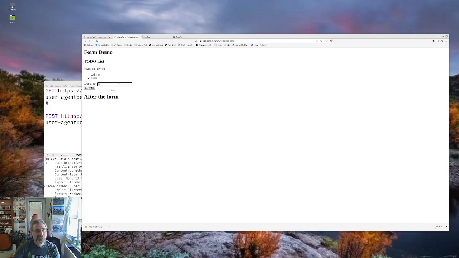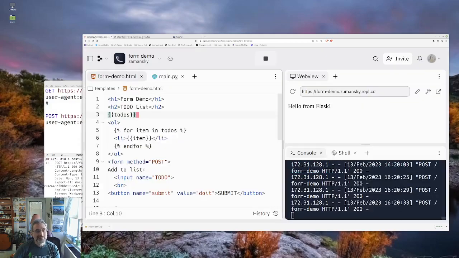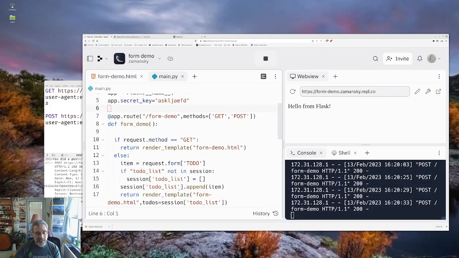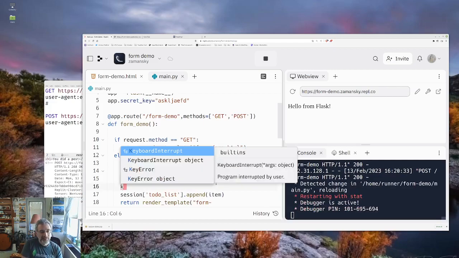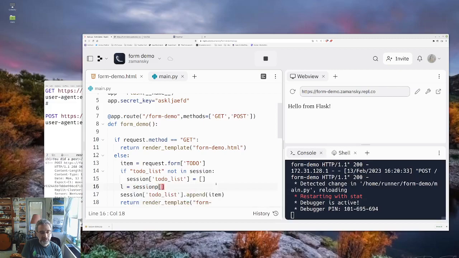And notice that we're not actually appending to our to-do list. So let's see why. So we are getting, if to-do list not in session, then it equals an empty list. Oh, okay, that's from the form. That's the to-do. That's the item. Why don't we do this as a separate? Why don't we say L equals session